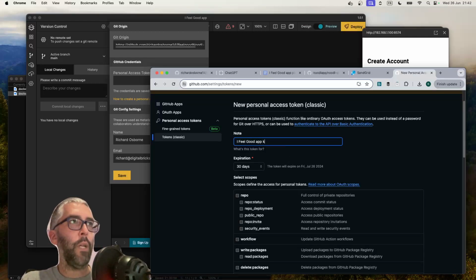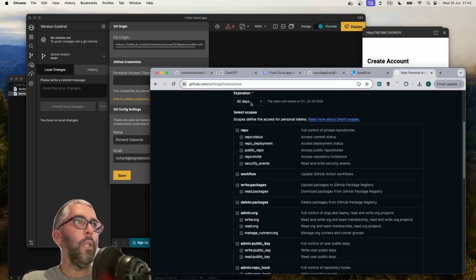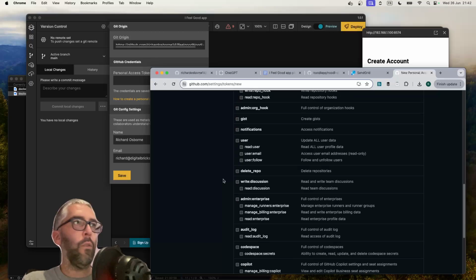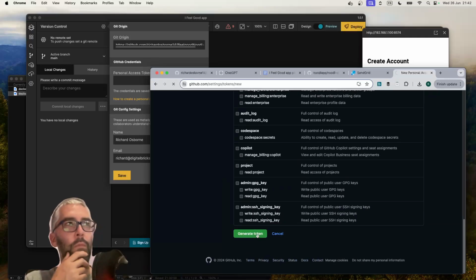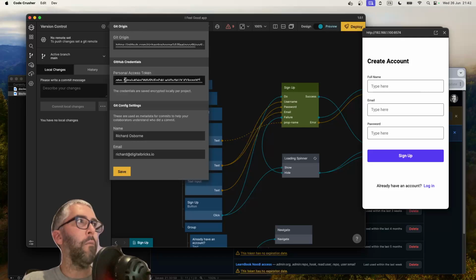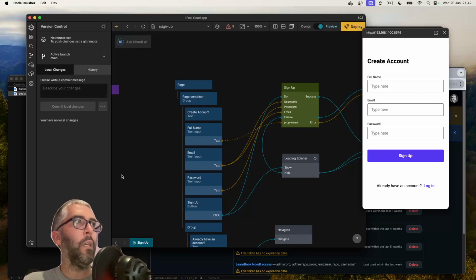All right, so this is called I Feel Good app key. Expiration is never. It's maybe safer to do an expiration and then renew it, but I'm just too lazy for that. I put on all the repo scope. That's the only one you need. Generate token. And here it is. Stick it in here. You put your name, your email, so that when I do push stuff, it says who it comes from. Save that, and then it's going to